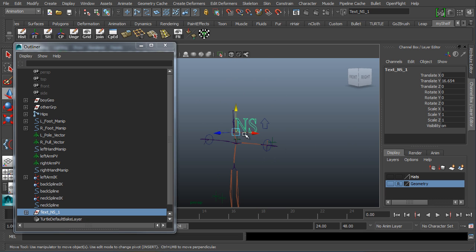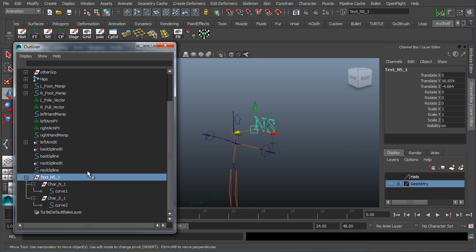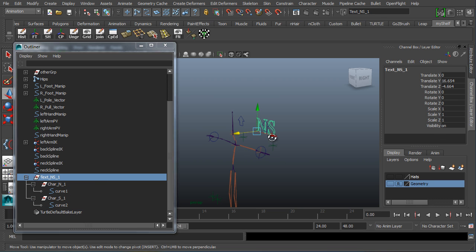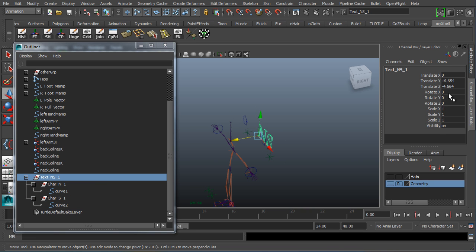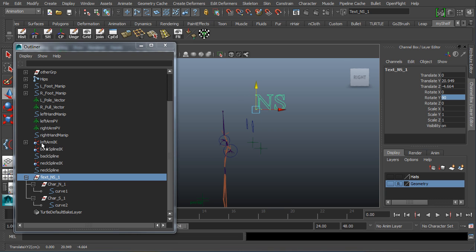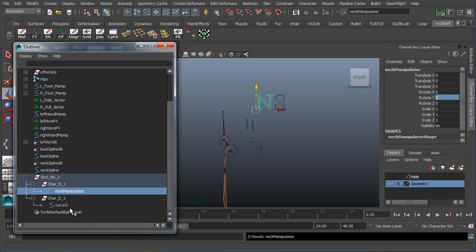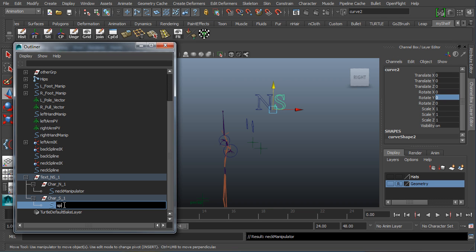And you're going to notice that this is grouped. So in our outliner, there's the actual curves. Okay, we're going to label those here in a minute, but let's just get them in a nice little workable area for us. So in Y, I'll type in 90 degrees, and they're set right there. I'll bring them above. Okay. In my outliner, I'm going to double click them and rename them. So neck manipulator, spine manipulator,